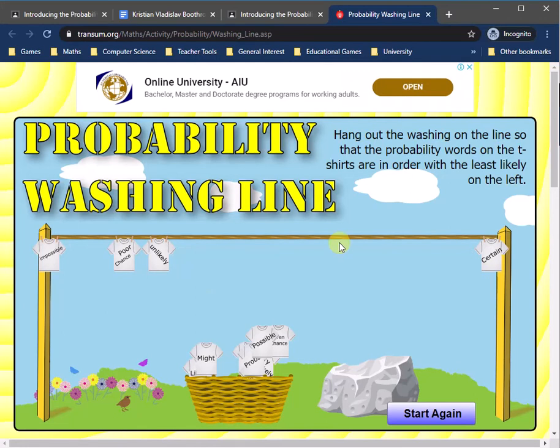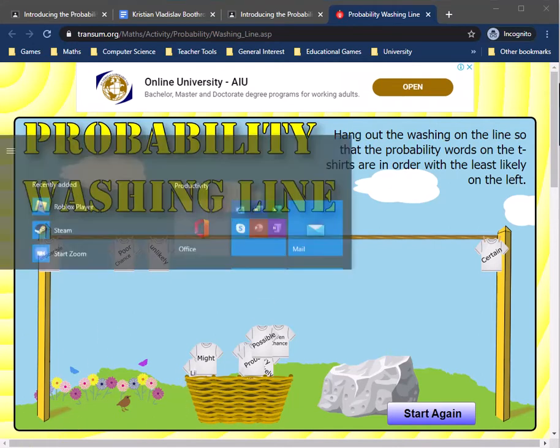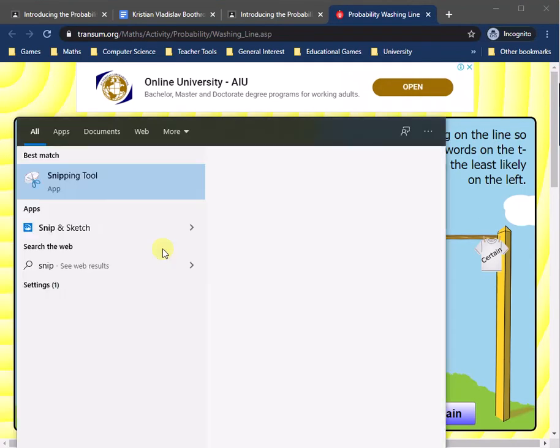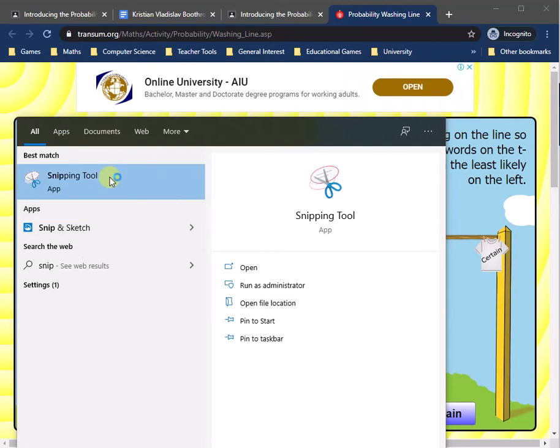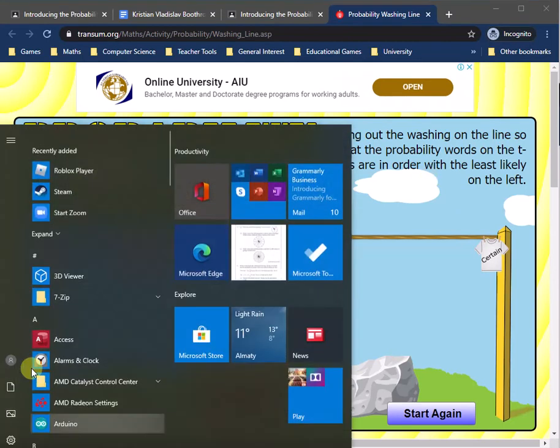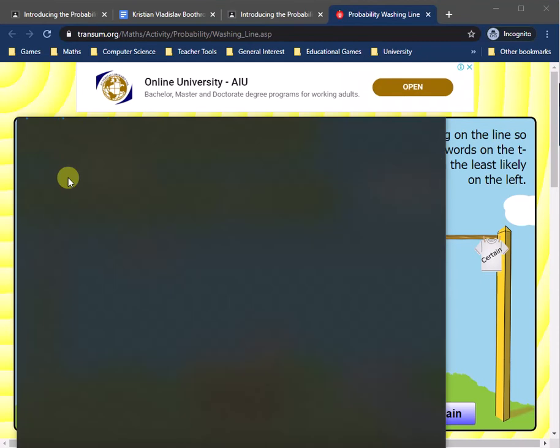So I can actually take that screen. I have a couple of ways of doing screenshots. I can press the Alt and the print screen button, or I can use the snipping tool. If you go to the Start menu and start typing in snip, you get a snipping tool that will allow you to select the bit you want to do. I need the snipping tool because I need to save it. So I'm going to type in snip,